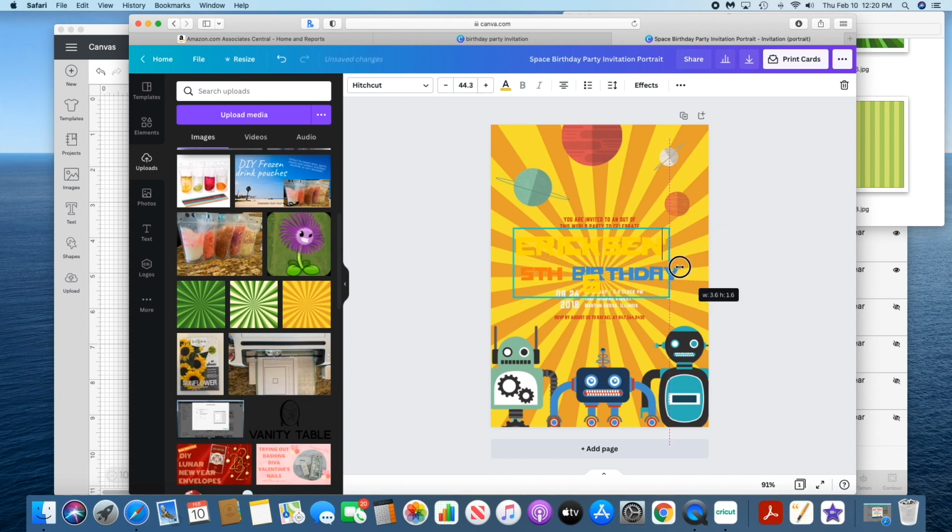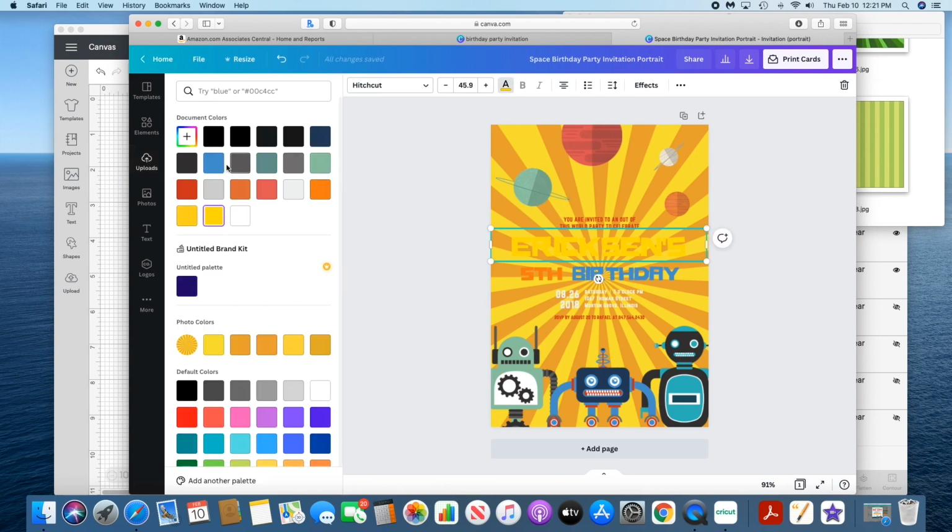So I'm gonna put Erickson's. And we're just gonna adjust. So everything is just customizing what's already there for you. So I picked this one because I like the font, and that's just one less thing for me to have to find. So yeah, now you can see a little bit better. And then it's gonna be a 6th birthday,